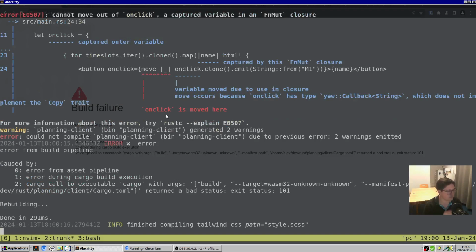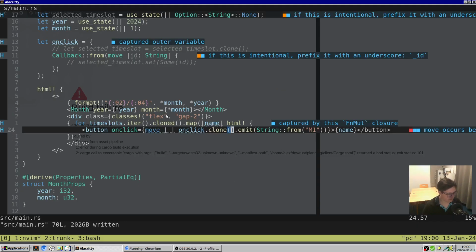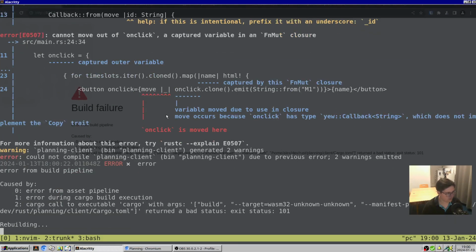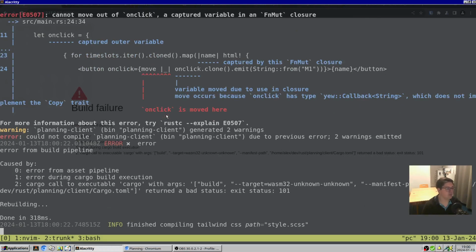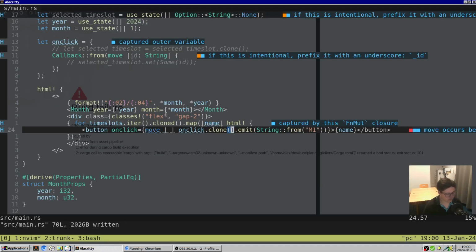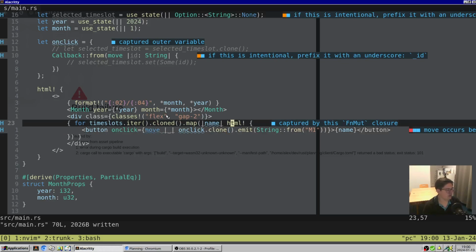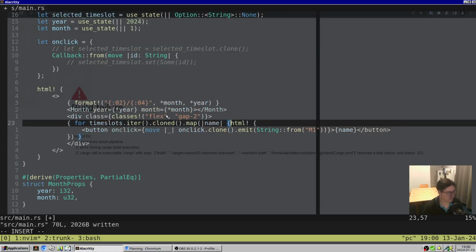So that's what's bugging me, because as with the name before, I should be able to clone it, but I guess I can't. That's a callback. But can I, here in the closure,